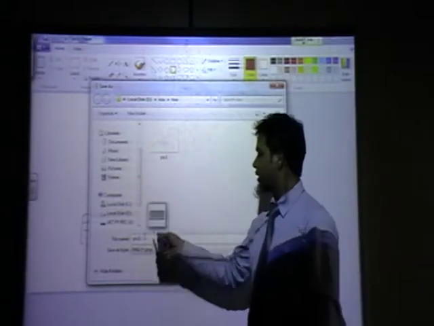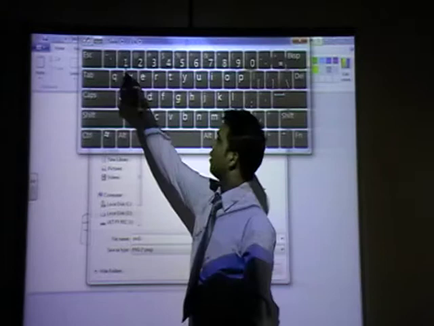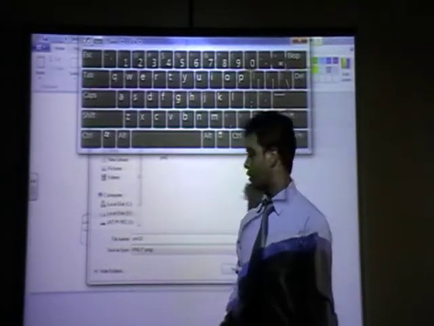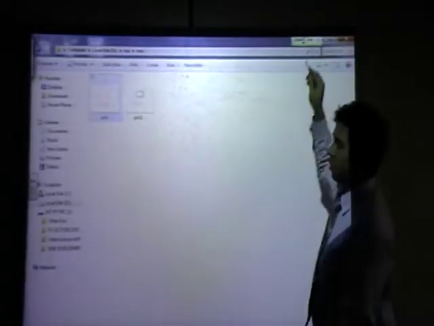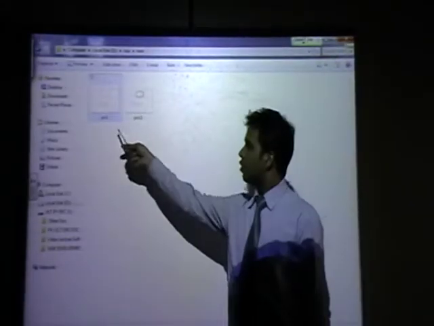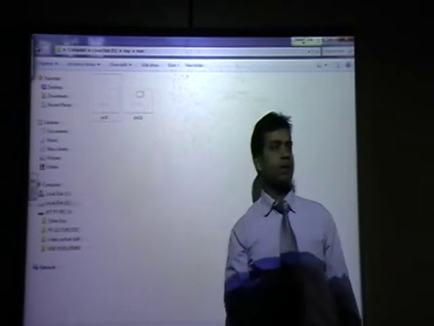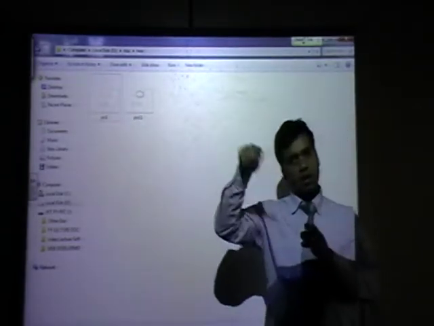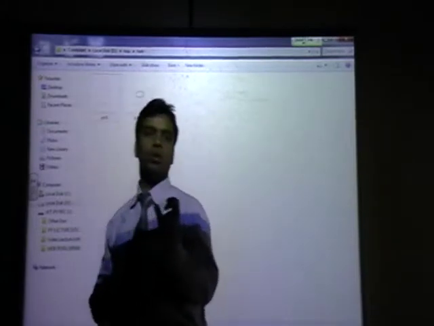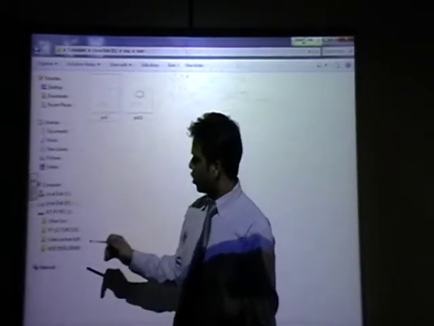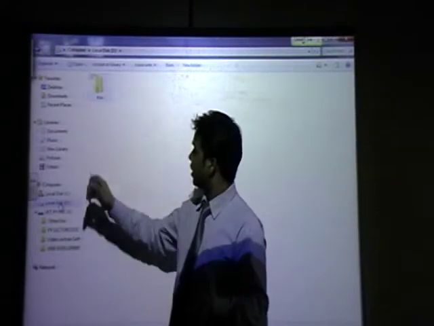That's why I will give another name, PIC11. PIC11 and click save. This you close. So have you seen picture 1, PIC1? This is the difference with read only.